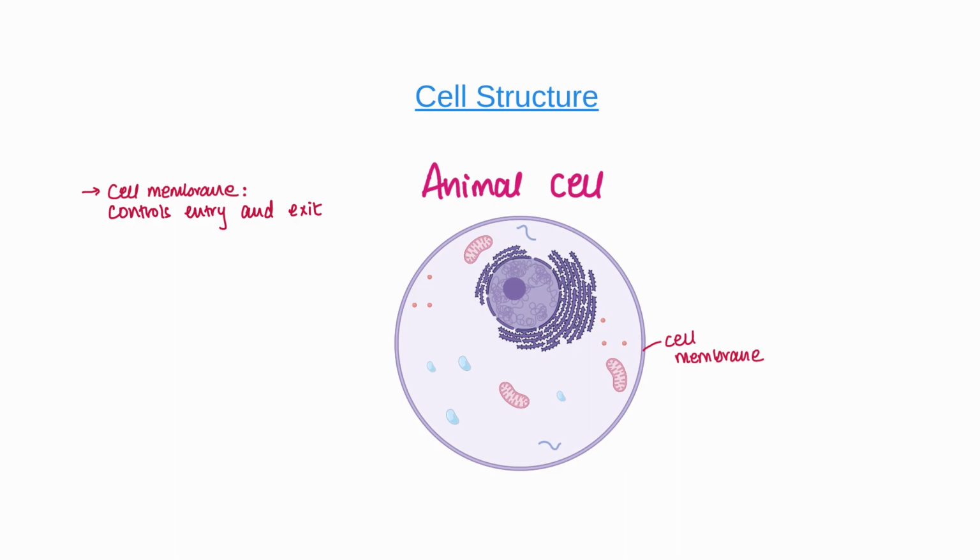Now, again, there are organelles within the cell, right, that we haven't discussed yet. But those organelles, they need to stay inside the cell, right? So one of the functions of the cell membrane is not only to control what comes into the cell, but also to prevent the organelles from escaping the cell. Now, this allowing of certain substances to cross the membrane and not allowing certain substances to cross it is called partial permeability or semi-permeability, which means that some things are allowed to go in and out and some things are not. Now, let's get inside the cell.